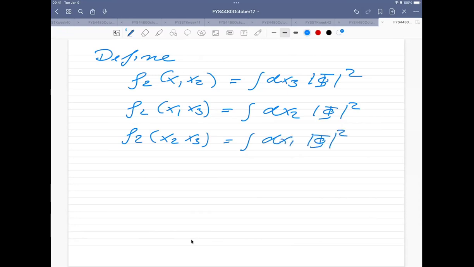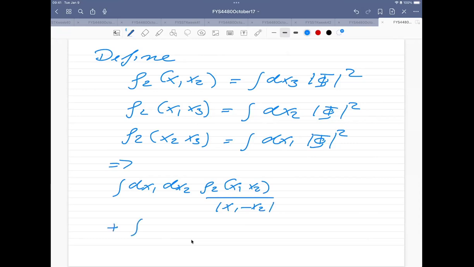So instead of integrating away all but 1, I'm now integrating away all but 2. I can then rewrite my expectation value in terms of these. So that means that I can rewrite that expectation value as a dx1, dx2, and then I have this rho 2 of x1, x2 divided by x1 minus x2, plus a dx1, dx3, and then I have rho 2 of x1, x3 divided by x1 minus x3,